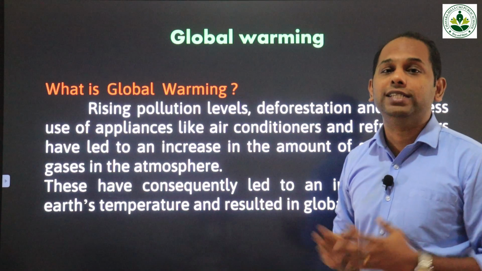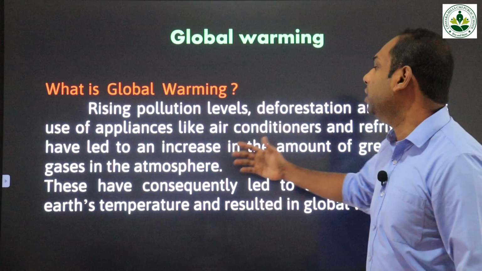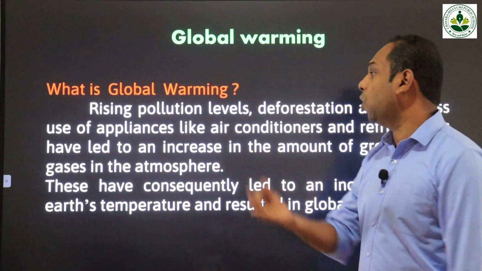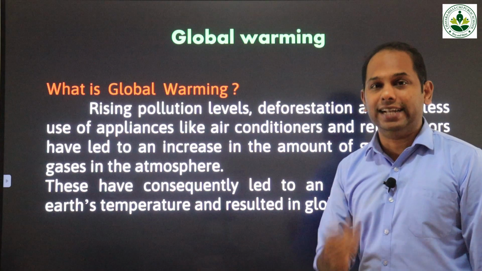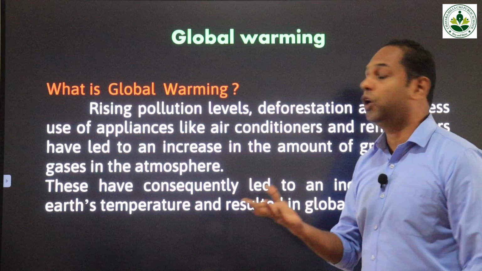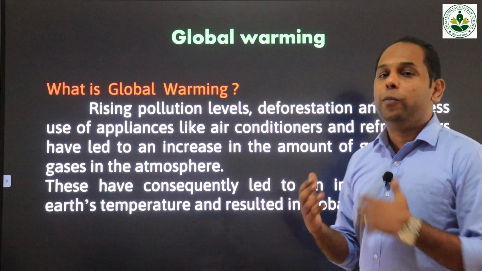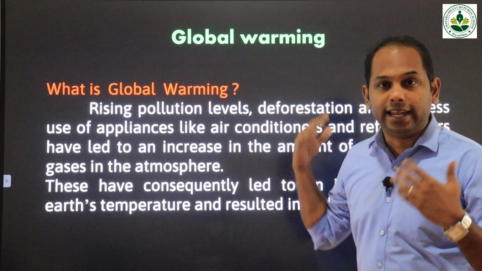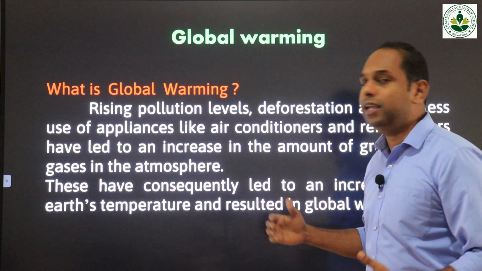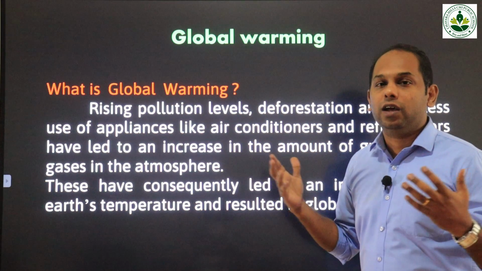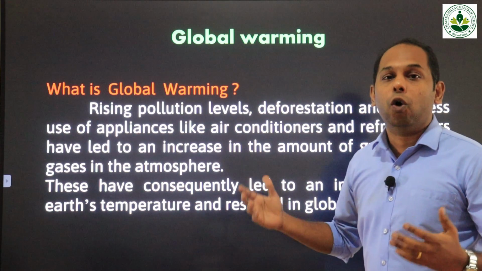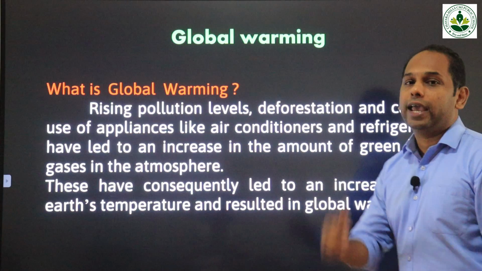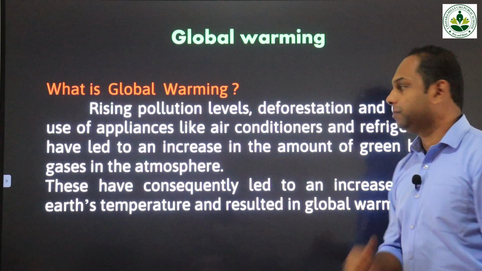The amount of greenhouse gases in our atmosphere is increasing due to cutting down trees, the usage of more private, personal vehicles, and the usage of chemical components that we use in our daily life. Due to all these reasons, the amount of greenhouse gases is increasing in the atmosphere. As a result, our planet is getting warmer or hotter day by day. This is how global warming happens on our planet called Earth.